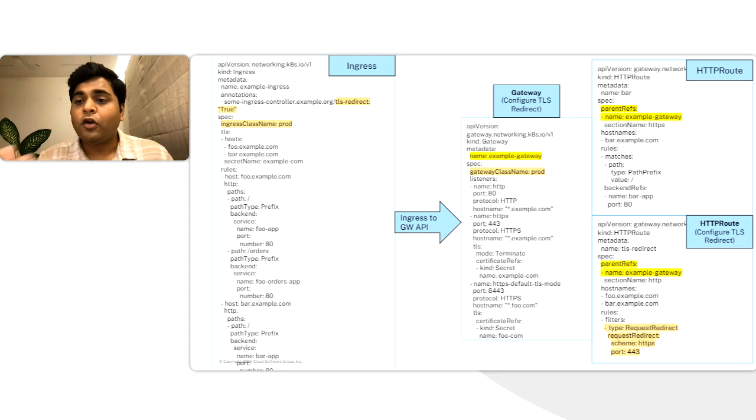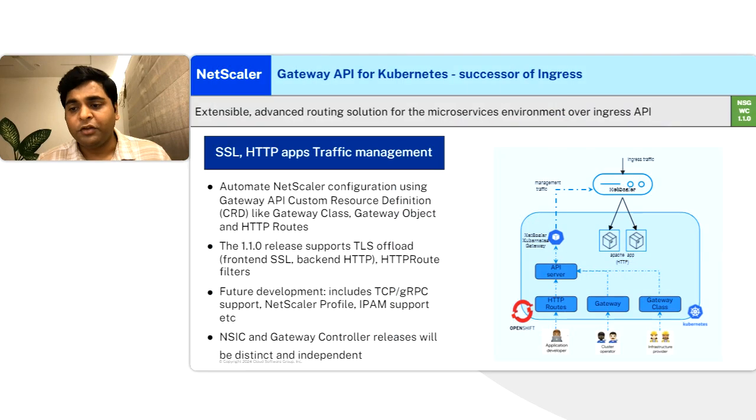bar.example.com. And on top of that, if you need to do some more advanced traffic routing, such as HTTP to HTTPS redirect or header modification, you would take the same HTTP route and add some filters on top of that. I will show that in the demo, which is coming up shortly. The idea in this example is to show how the mapping is happening, and I'm sure that we will have some automation coming up soon in the industry.